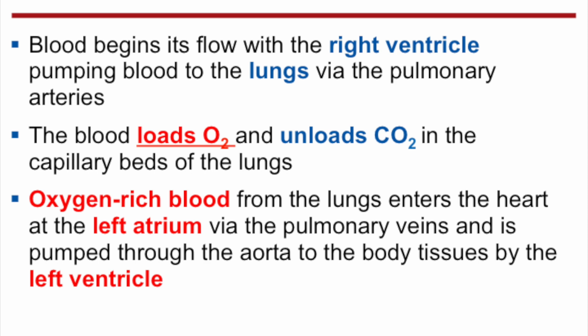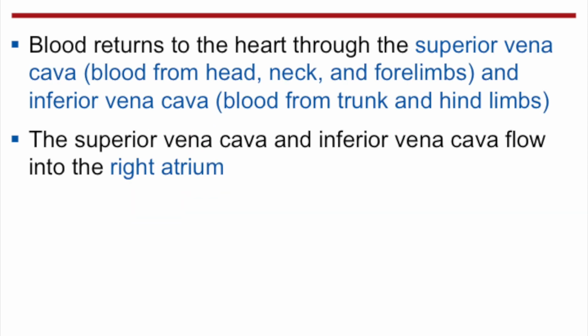And this is what we call the circuit, basically. We have two circuits. It makes like a figure eight. And so into the right, low O2, out the left, high O2. The low O2 blood goes to the lungs, which should make sense to you, and the high O2 blood goes to the body. And so here is the wording of the anatomy where we receive blood from the superior vena